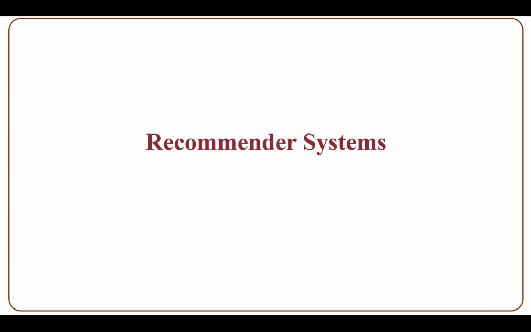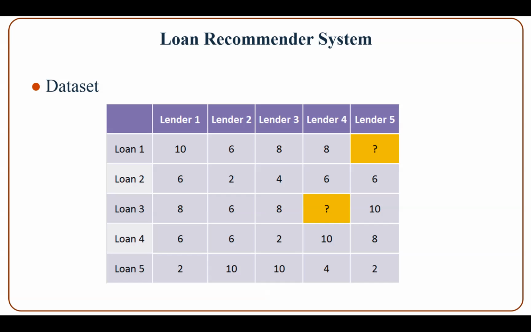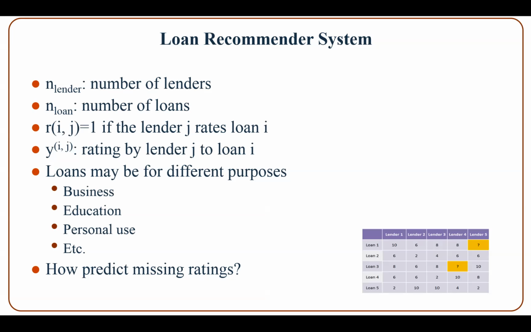In this video, I will talk with you about recommender systems. Let's take a loan recommender system as an example. Given a dataset, the columns are the lenders from lender 1 to lender 5, and the rows are the loans from loan 1 to loan 5. We denote N lender, the number of lenders, N loan, the number of loans. Rij is equal to 1 if the lender j rates loan i, and Yij is the rating by the lender